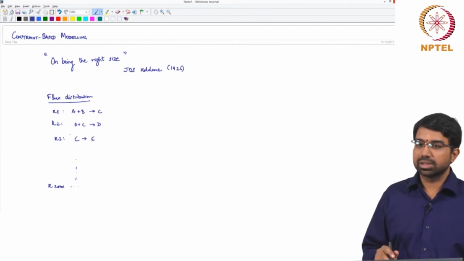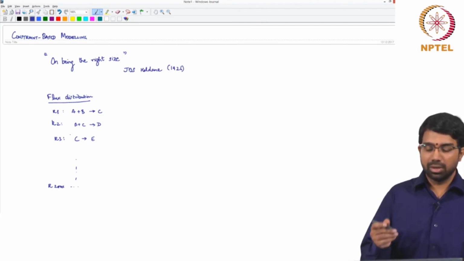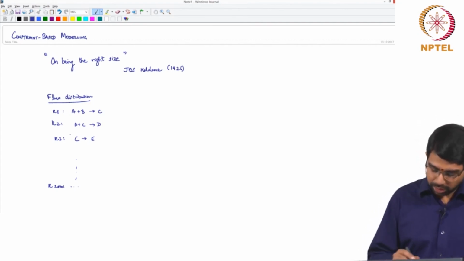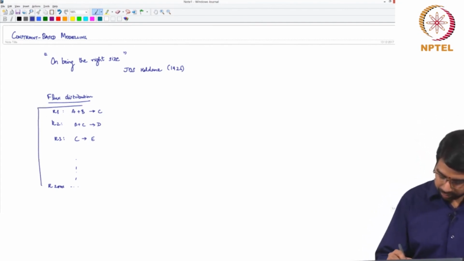I said approximately this is what a metabolic network is. If you recall, we had an analogy with traffic networks and so on. So this is your metabolic network,